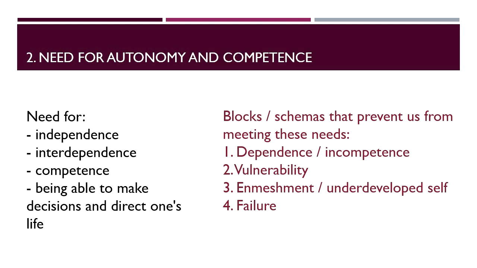Now, the second need, or the second category of needs, relates to our autonomy and competence. So we want to feel like we know what we are doing, or at least feel that we are capable of learning, that we want to learn, that we want to feel like we have at least some mastery over ourselves and over our environment. So, for example, we want to feel like we can do stuff for ourselves.